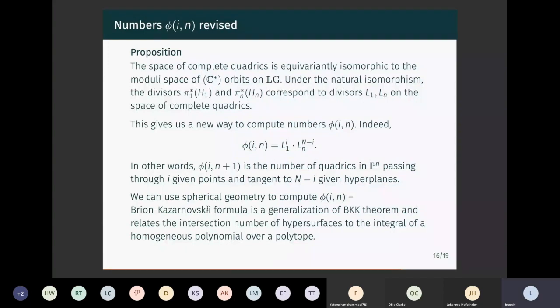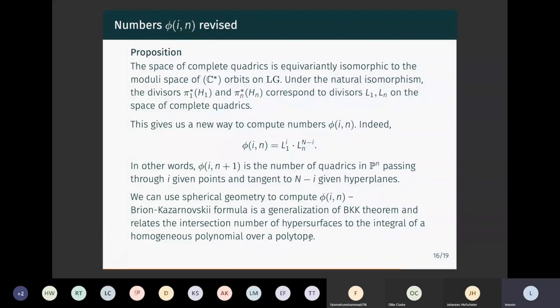And again, let me not spend too much time on this, but basically there is a Brion-Kazarnovskii formula, which is a generalization of the famous Bernstein-Kushnirenko theorem, and basically it relates the intersection number of hypersurfaces on the spherical variety to the integral of a certain homogeneous polynomial over a polytope. It sounds not very explicit, but it turns out that this gives you a very explicit answer